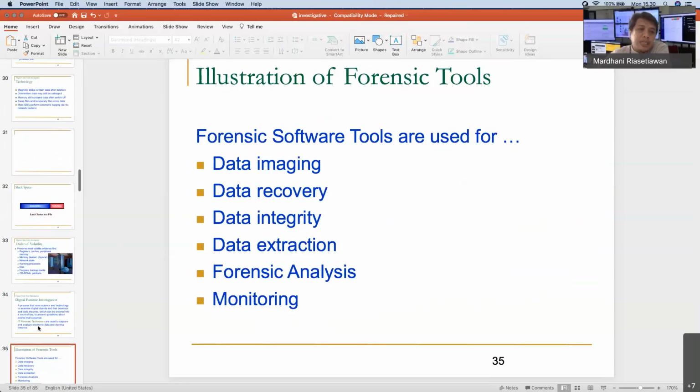So that's the illustration of how forensic work works. For details, for example on data imaging and data recovery techniques, you can learn from the forensic course. If I'm not wrong, it will be led by Pak Ahmad Azari. So I think that's very important. Okay,